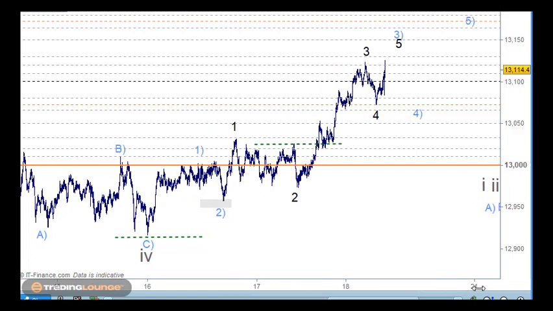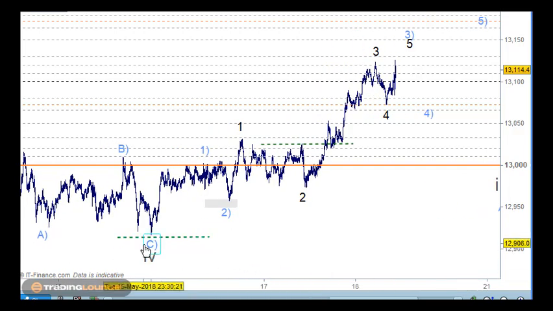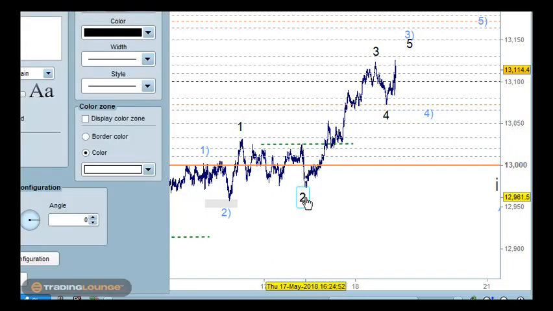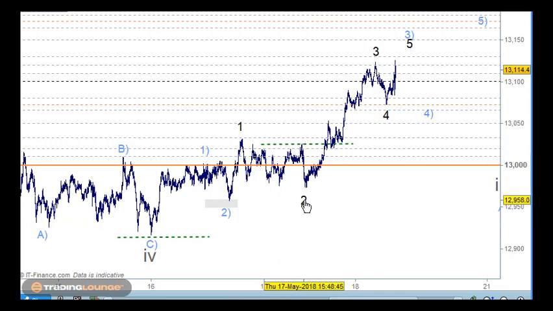So from this low here, we need to look at this as 1 and 2 and 3 and 4 and 5 into here, and an A and a B and a C for wave 2 here. Then we need to look at this as wave 1 here, and an A and a B and a C for wave 2 of the next degree smaller. Sorry about that. Into here, and then all of this is wave 3, wave 4, and wave 5 of wave 3 coming